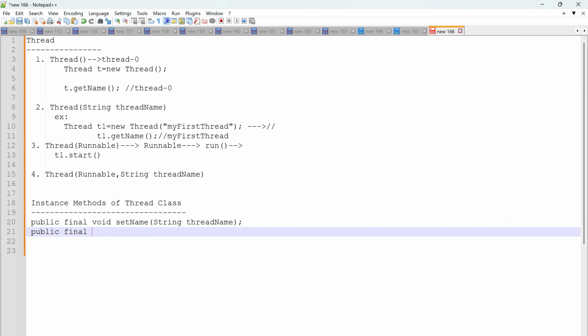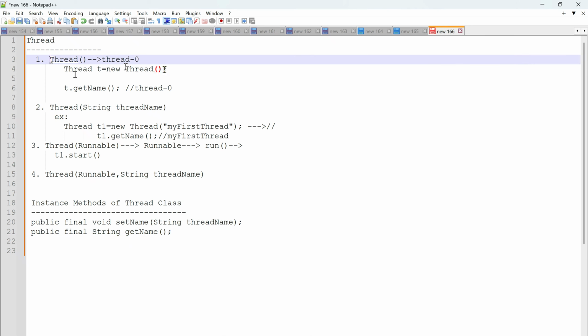and public final String getName. Okay. setName will be used to set the thread name. getName will be used to get the name of the thread. So for example, if you are using the default constructor of the Thread class to create an object of thread,